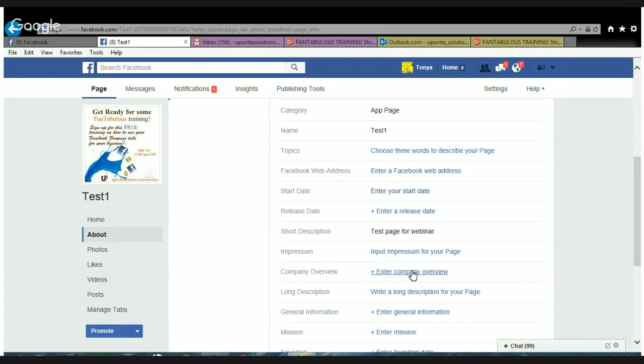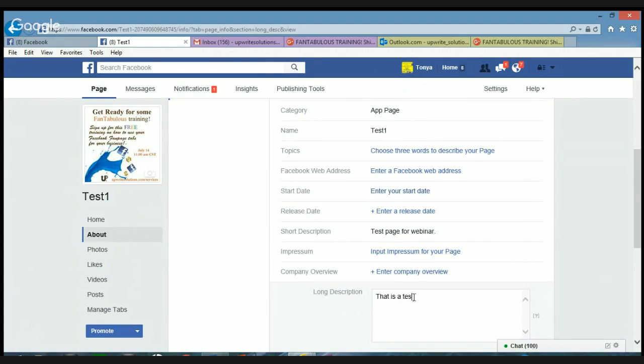Long description: you want to add a little bit more meat to the short description. I know a lot of people don't even realize this stuff is on here, but you give more substance to your short description. If I said test page for webinar, in my long description I would say that this is a test page that is designed to assist other small businesses with